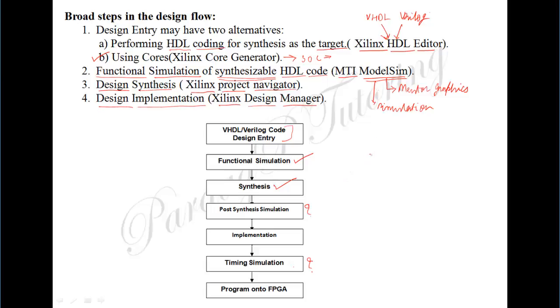Today we have discussed a brief review of the basic steps which we generally follow in order to design